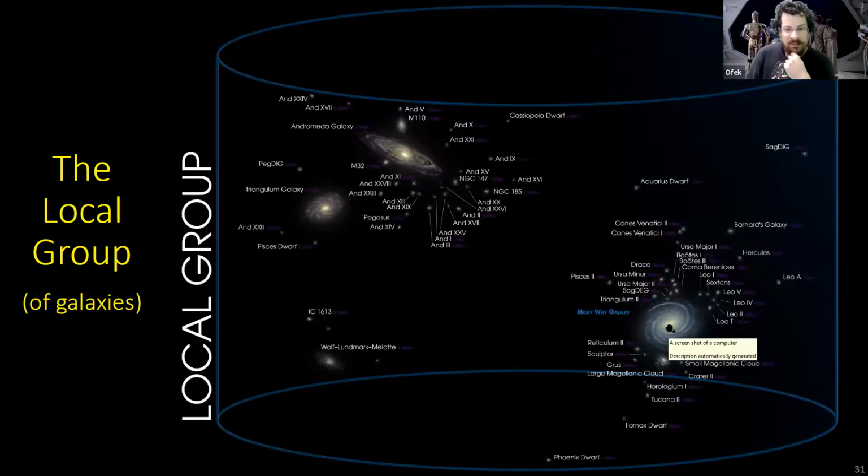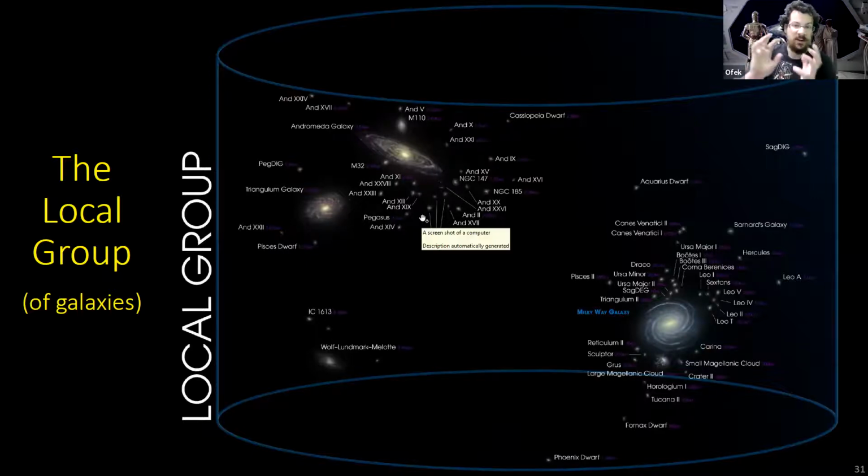Our most important neighbor is the Andromeda galaxy, M31, which is roughly the same size, about 2 or 2.1 million light years away. Seen here in the same picture that we used before, or a modern picture of the same galaxy. And Andromeda has its own satellite galaxies, like M32, the Triangulum galaxy, and many, many other galaxies orbiting in the